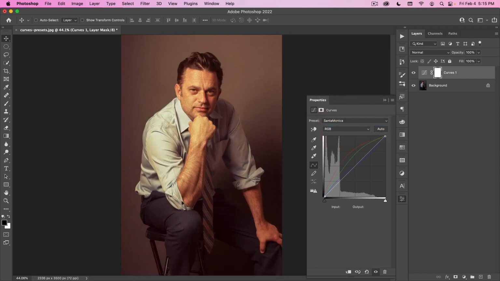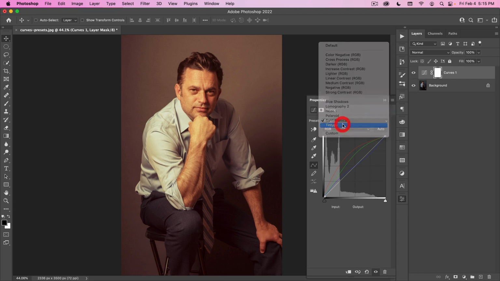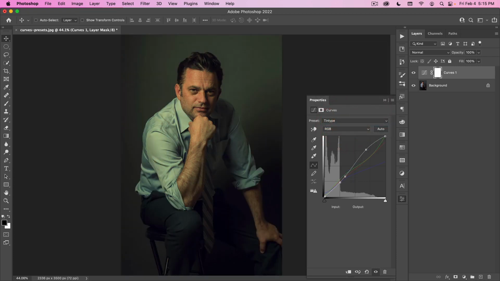This is made more for landscapes or kind of street photography, but you can see it gives everything a very golden glow type of look. And then finally, tintype gives the appearance of an old tintype, so kind of an aged look to your photo. I think that does look quite nice on portraits, but it also works well on street photography. So there you can see that.